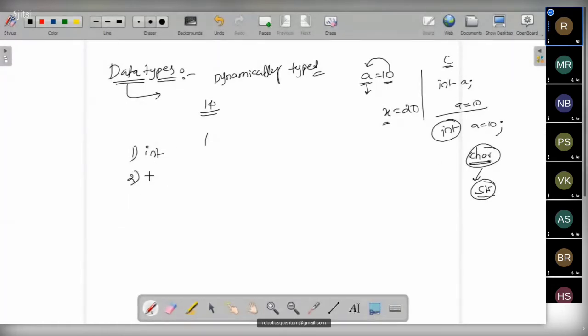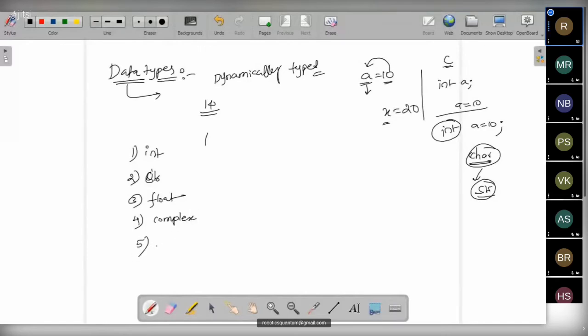So here we have str, which is string, and the third one we have float. Okay, and the fourth one we have complex, the complex number.